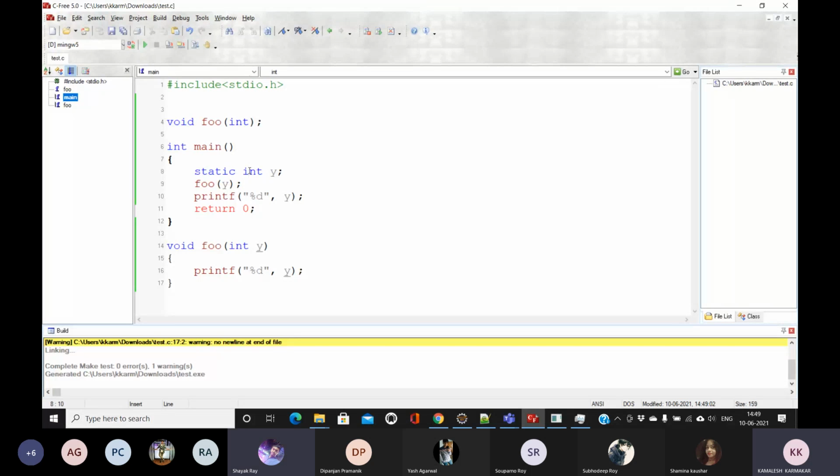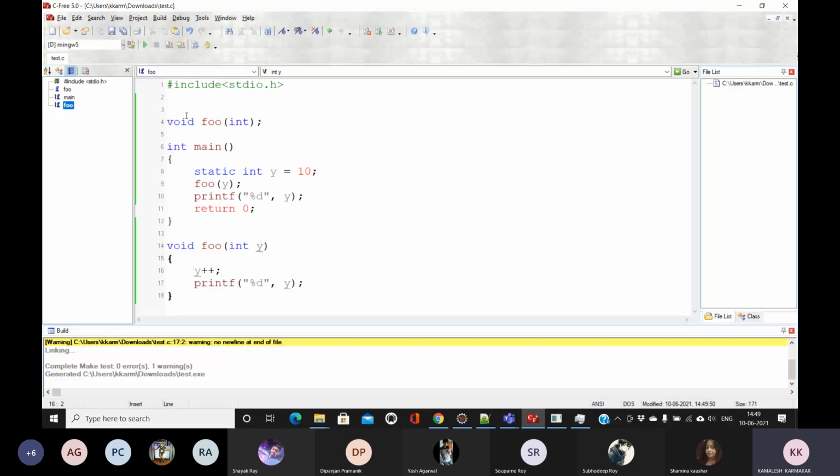Constant and static, these two things are different. Values of a static variable can be changed, but for a constant variable it cannot be changed. For example, I'm setting y equals 10, and in this function I write y plus plus.